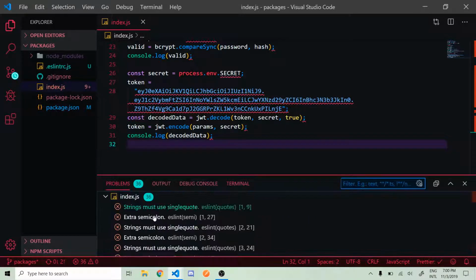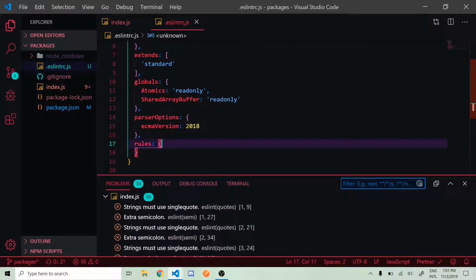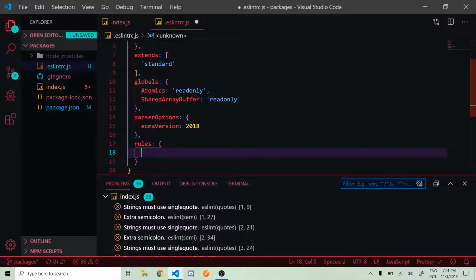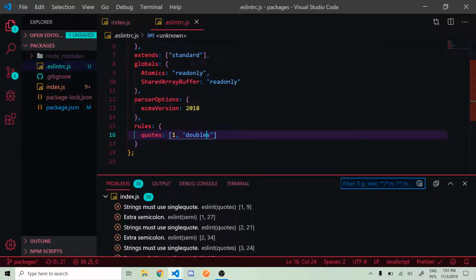Now there are actually 36. There are some about semicolons, some about ESLint. So you can change either your formatter, or you could just change the rules. So I will just go ahead and change the rules. To remove the quotes issue, what you can do is type quotes, and then do an array, and inside the array we can pass what we want it to have. So what you can do is doubles,